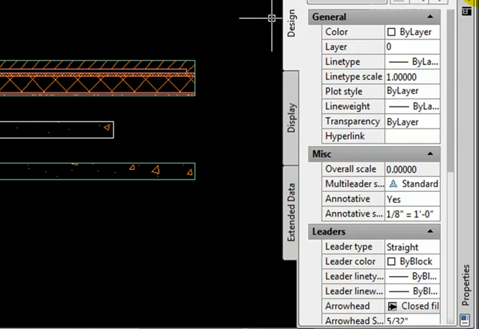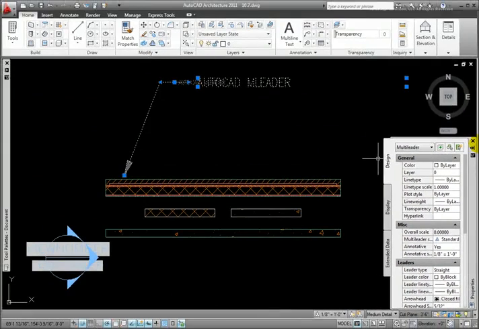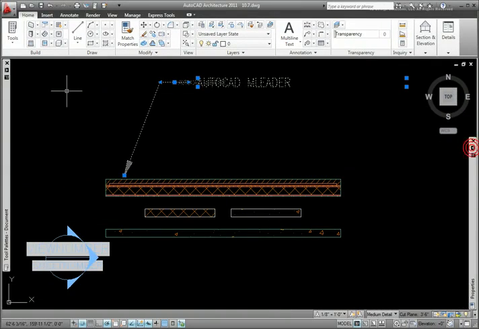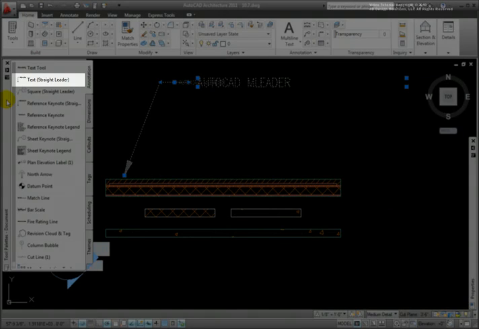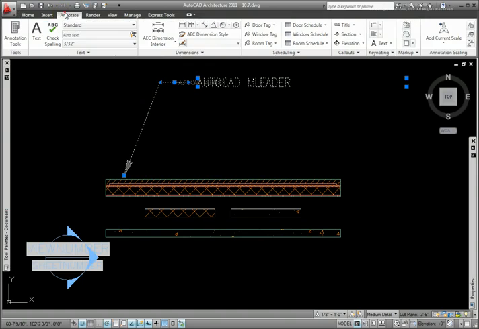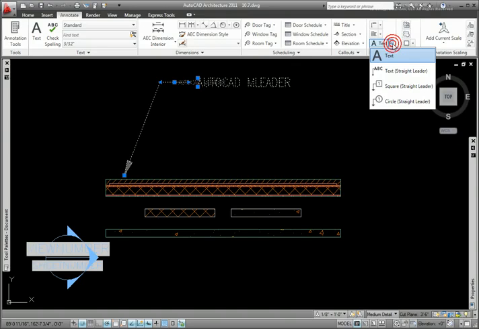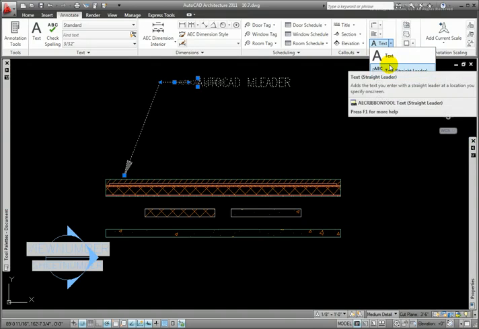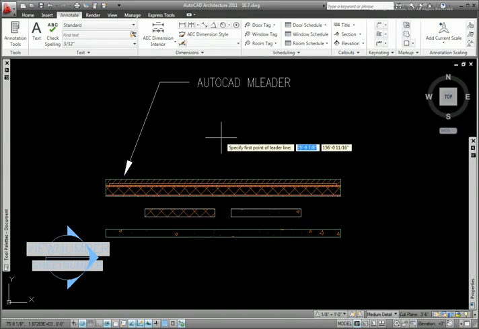There are a couple of choices for placing multi-leaders. As with mText, on the Tool Palettes document group, Annotation tab, you may pick the Text Straight Leader tool. Another place where you may access these AutoCAD Architecture tools is on the Annotate tab, Keynoting palette. There is a text tool with a drop-down arrow, which is the same as the text tool on the Annotation palette. Using the drop-down arrow allows us access to the Text Straight Leader tool,